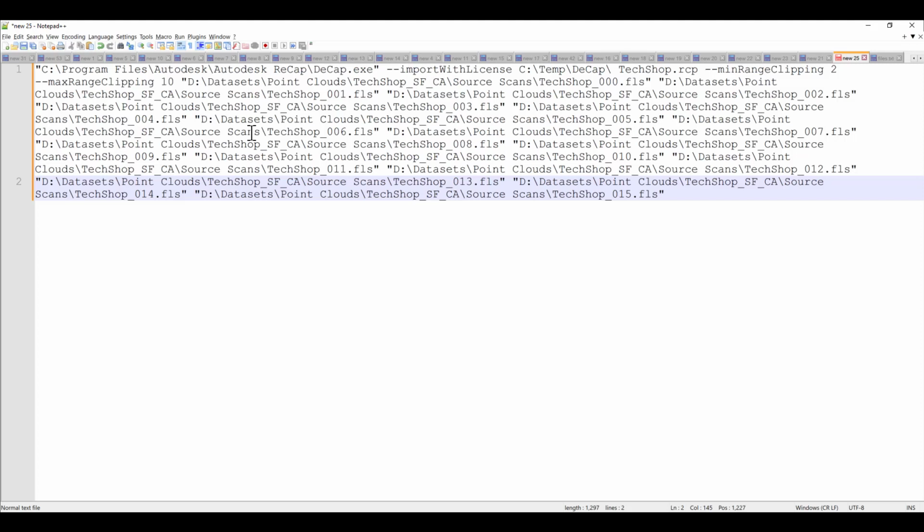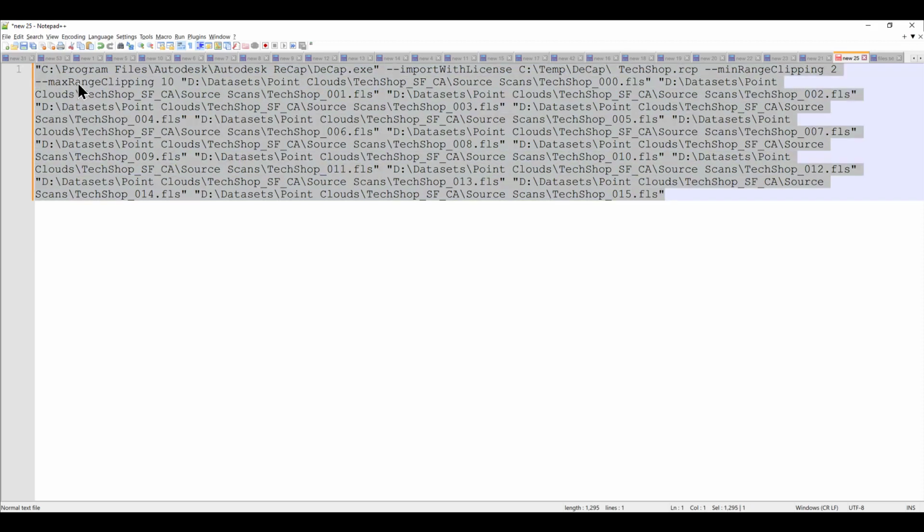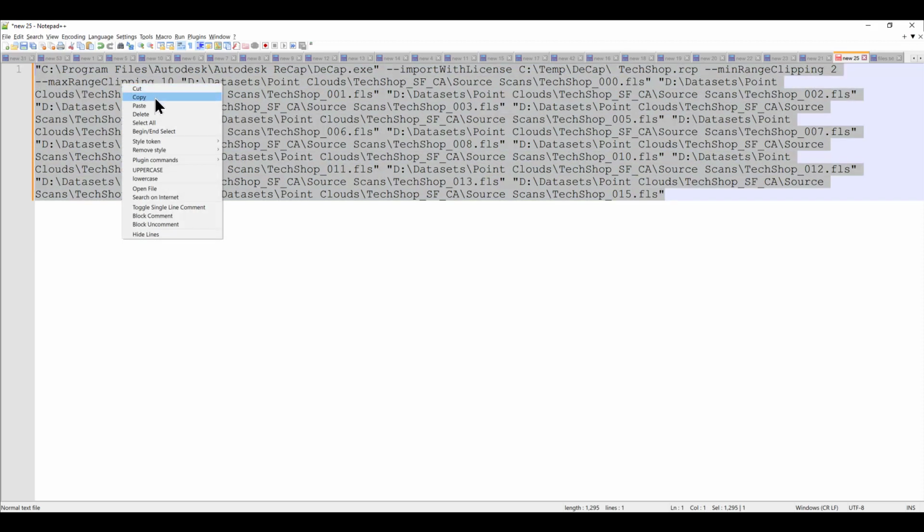One of the main reasons I'm using Notepad++ is it shows me right away if there are any issues. In this case, there are two lines, so there is a carriage return. If I come over here and do a simple delete or backspace, that gets rid of it, and now I can see everything is in fact all on one line as it should be. Now I'm just going to copy this entire string of text here